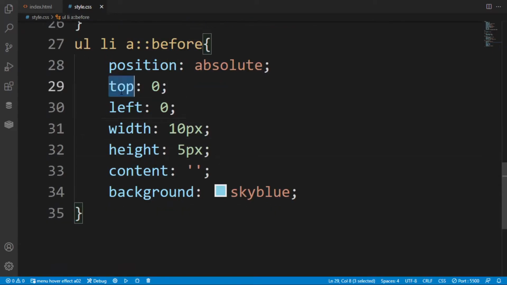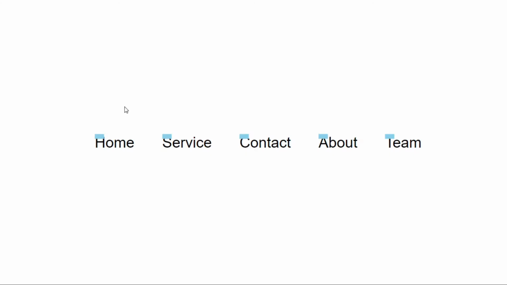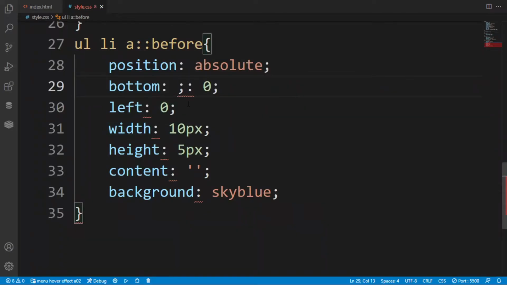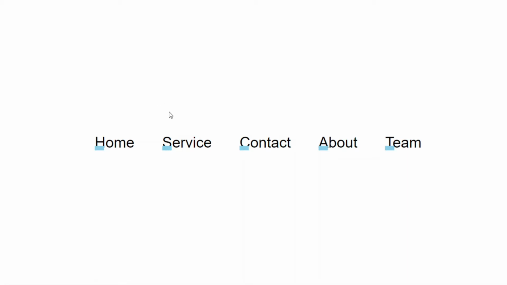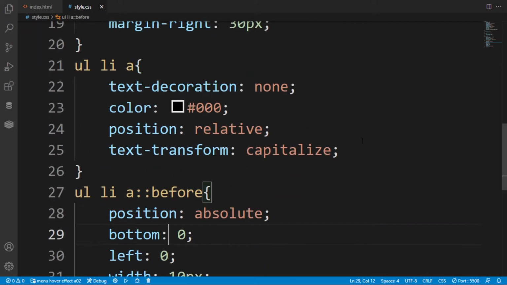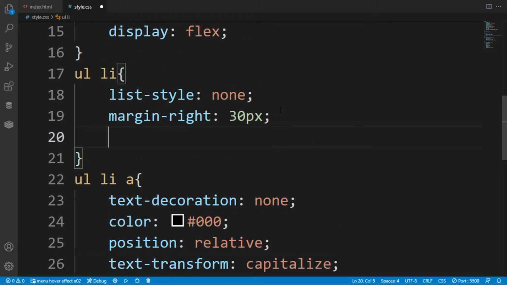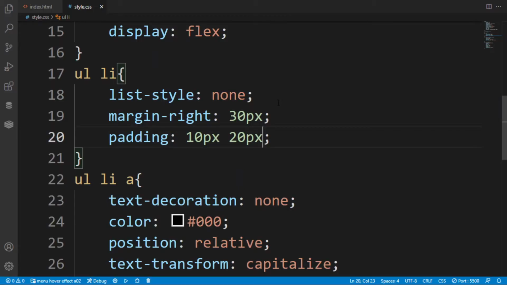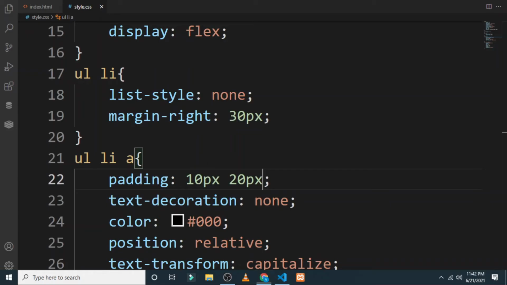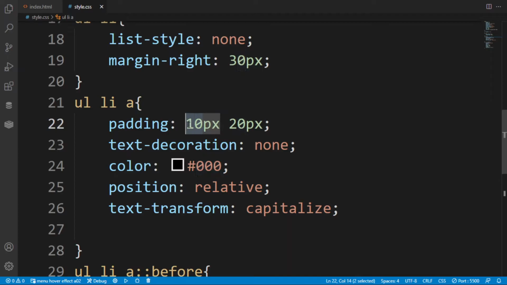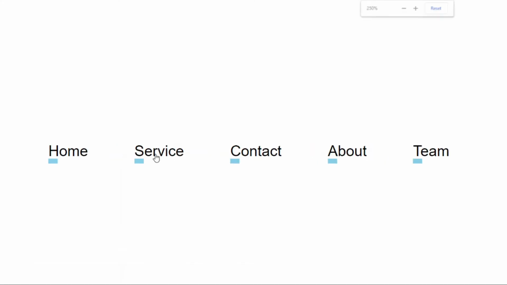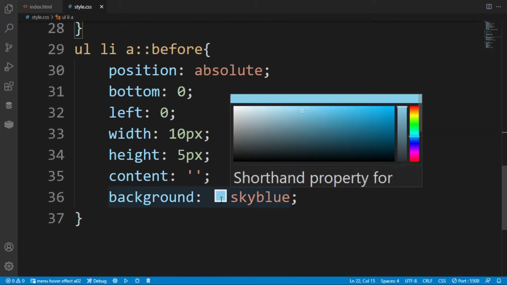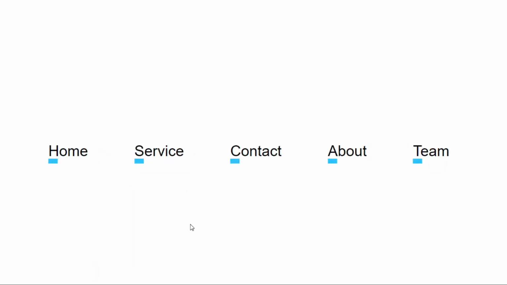Now there is some problem related to that. We have to put it at the bottom. Now there is some error, so cut this part. And after saving, as you can see, this square box has come to this position, but I want to give some padding so that the content will be shifted, and this box will come exactly below our text. So this does not work, so put it in the UL LI. So as you can see in the preview, now reduce the padding to 5 pixels. As you can see, all the content is at the center.